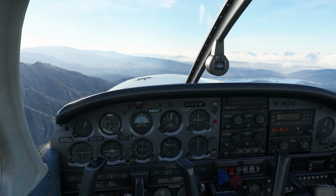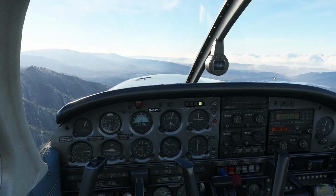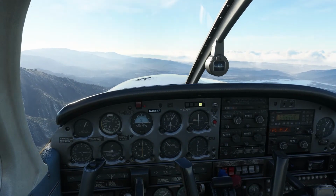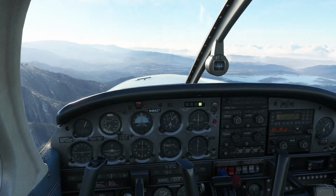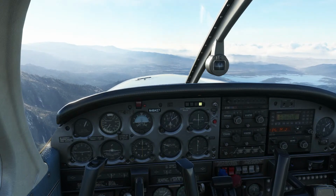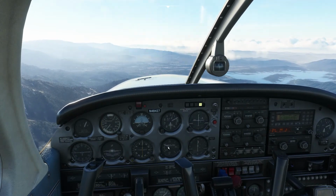Okay, so we have 28 miles to run. I'm going to open the engines back up. Let's level out. Should be good at 5,000 feet to clear the hills. Just watching the vertical speed. Of course, it's a balancing game because as I lower the nose,